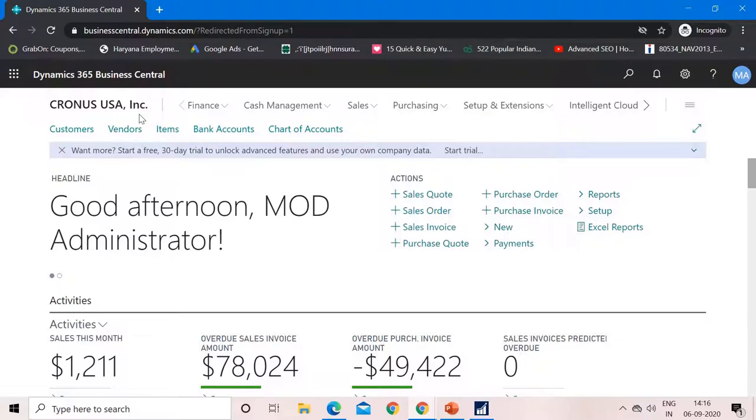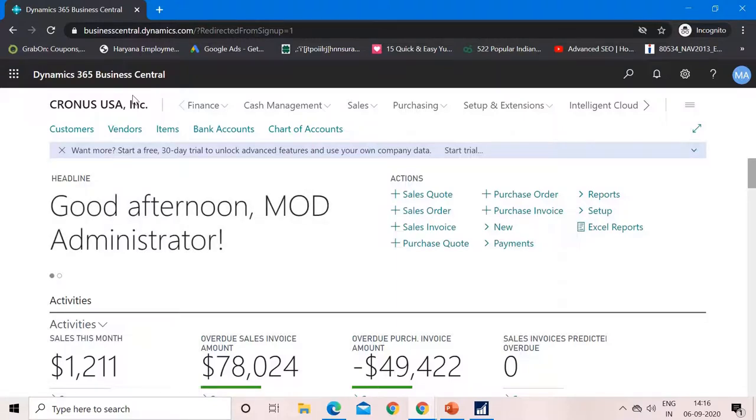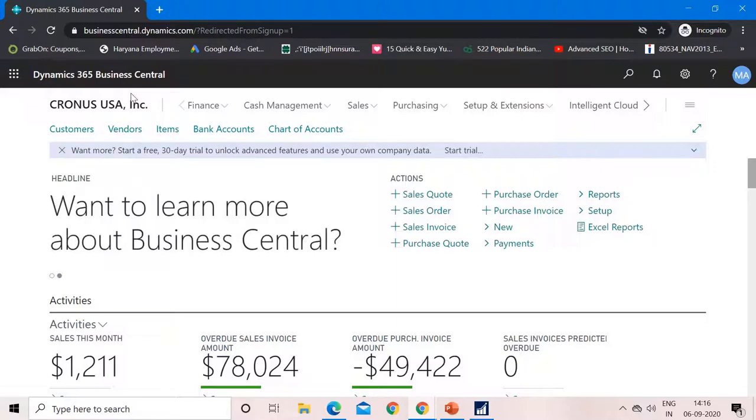So they want to do business in INR currency also, or should I say the Indian currency also. That means they must set up the INR currency in their ERP, and they also want to see the results of their business in both US currency and INR currency.